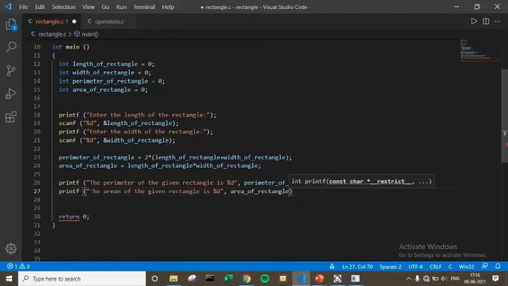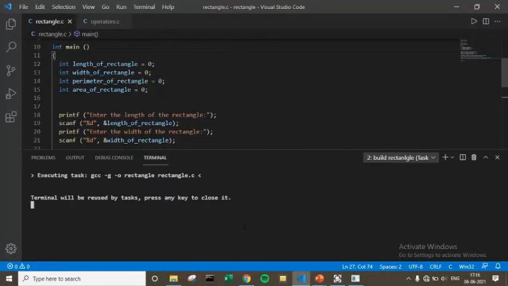Let's print area of rectangle. So let's see how our C program works.